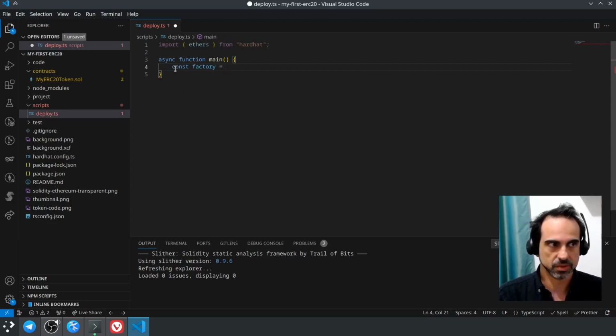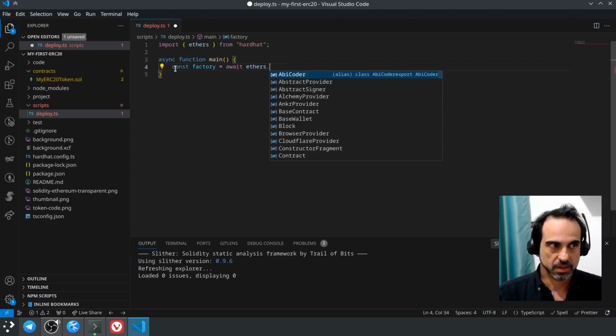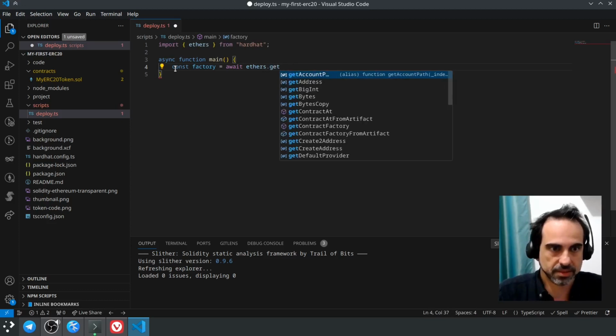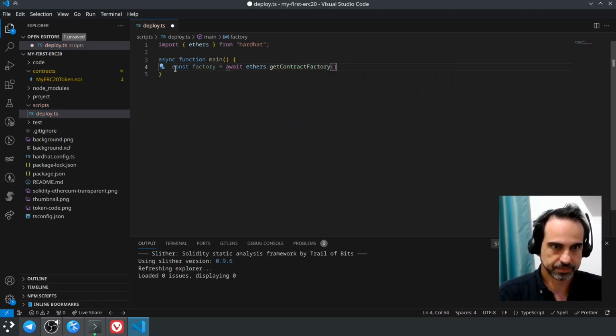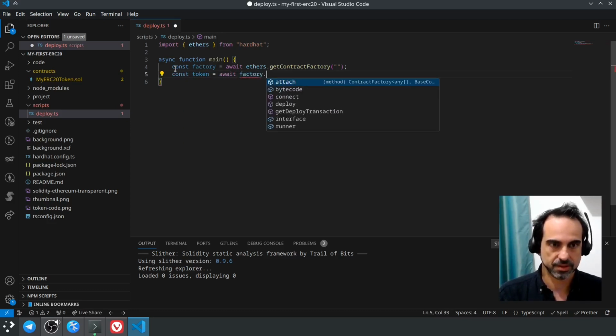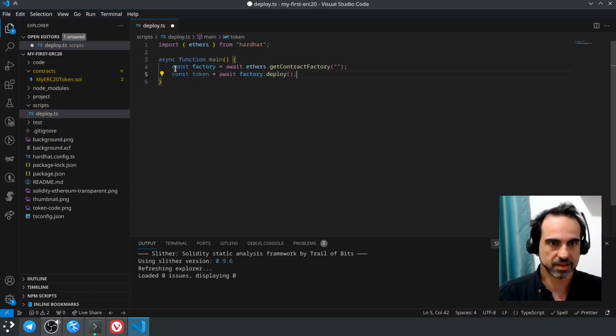Factory equals await ethers.getContractFactory, and then const token equals await